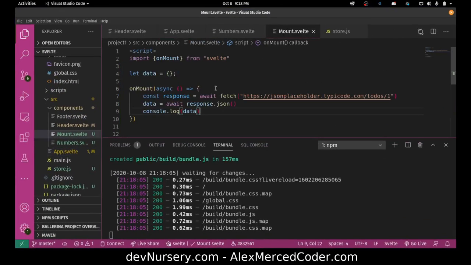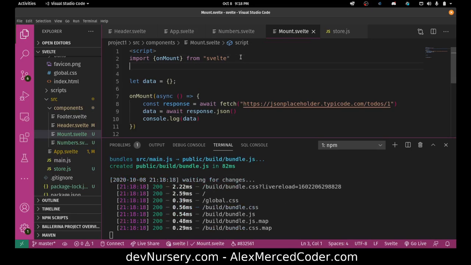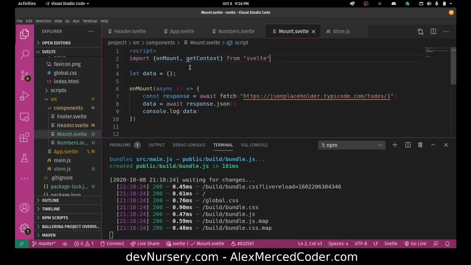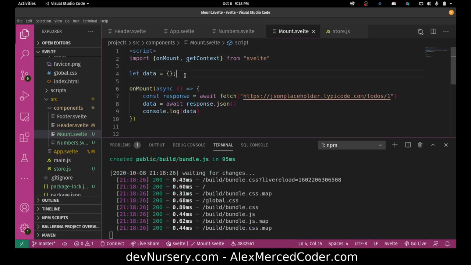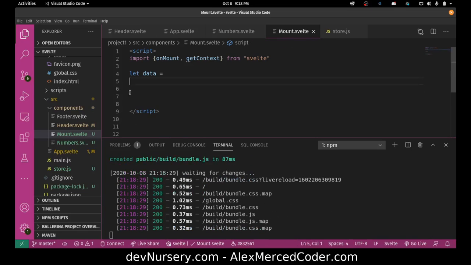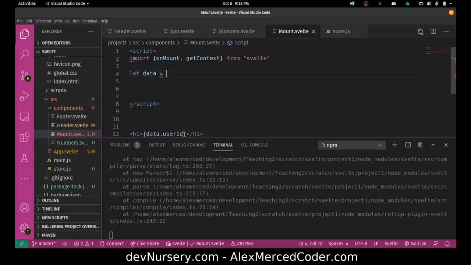So let's go to mount and let's bring in that context. Actually, I already have Svelte there, so I can just import getContext from there. Okay, and then I'm just going to say data. Get rid of the onMount. I'm not going to worry about that right now. Let's say data equals